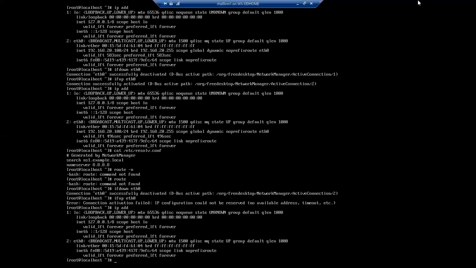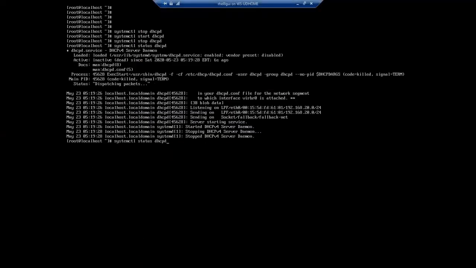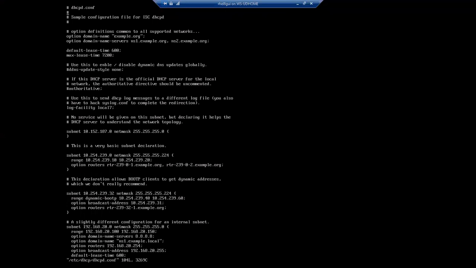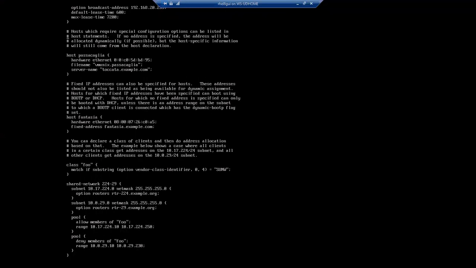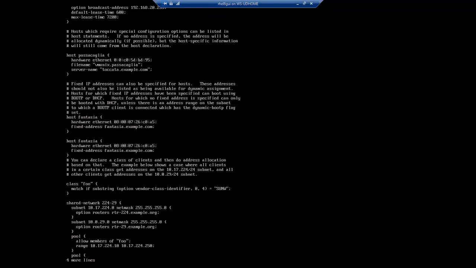So now I'll come back to the server. Here again I'll say start. Okay, now the client will start getting the IP address. Now again I'll go back to the configuration file, vi dhcpd.conf. This time I look for a configuration called Fantasia. There are 4 lines, 1 2 3 4 lines. So I'll copy these 4 lines. For copying I have to say escape 4yy. Then I have to come down to wherever you want to paste, then say paste.